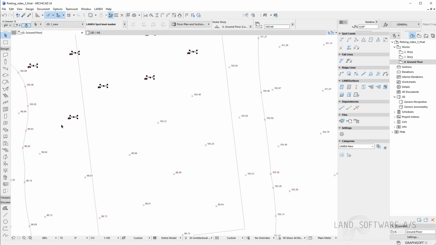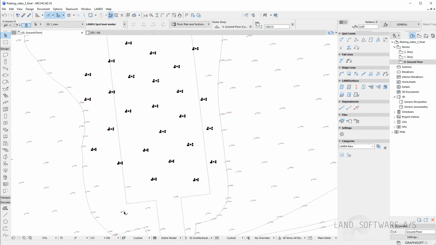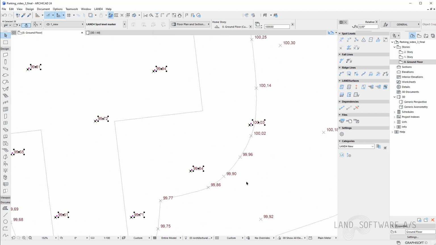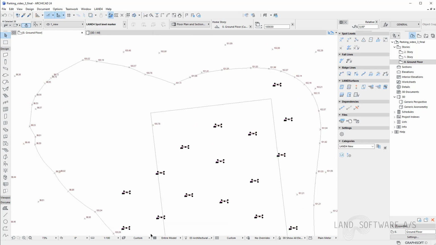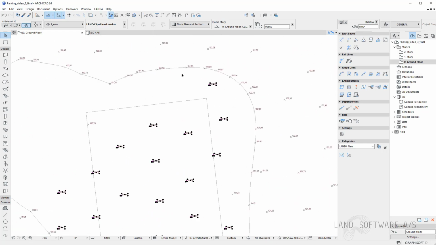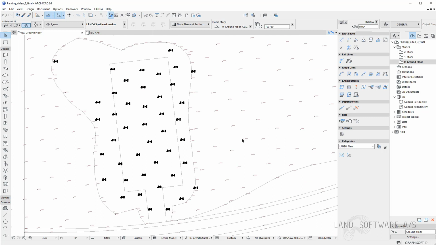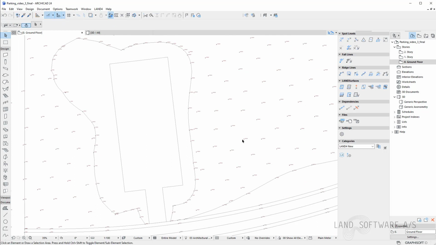So I make sure I delete all the spot levels here. Now I can delete them.